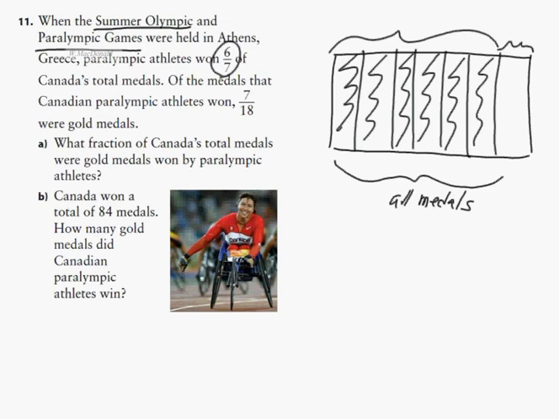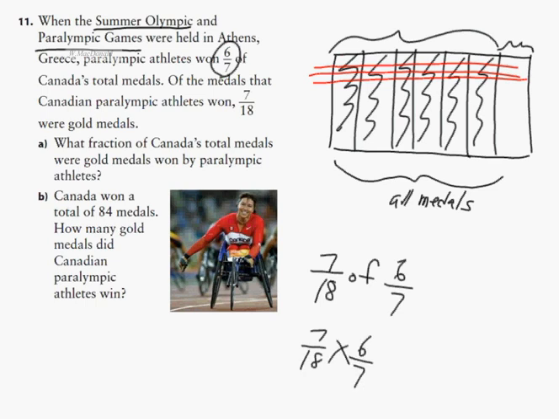So in order to do this with a drawing, I have to make 18 lines this way, which is really tough. So instead of doing that, I'm going to rewrite it as a statement. 7/18 of the 6/7 that were Paralympic medals are gold. So therefore, 7/18 times 6/7 would be your answer. Now, 7 times 6 over 18 times 7 is what we're going to use to get the answer, which is